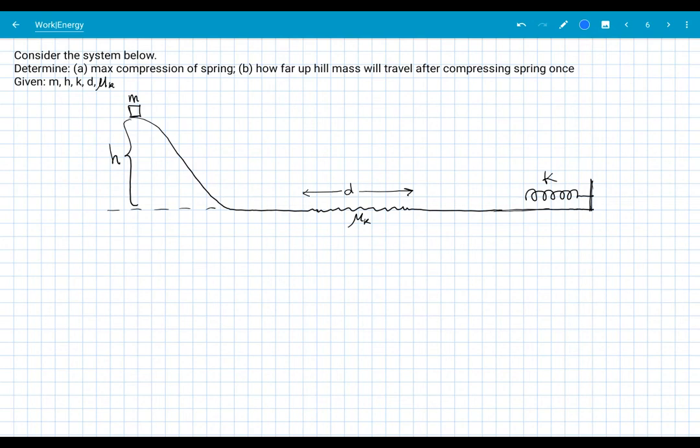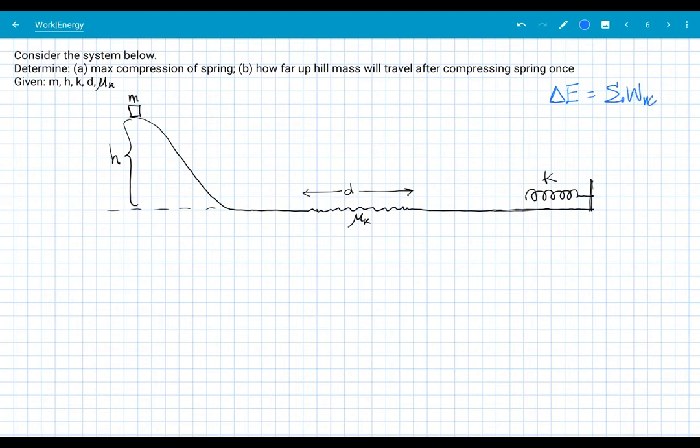All right, so we're going to look at a problem that has change in elevation. There's some friction, kinetic friction, and there's a spring. So this is exciting. And we're going to, of course, apply energy conservation, or what I call energy analysis, to this problem. So our energy analysis equation is the overall change in mechanical energy is equal to the sum of